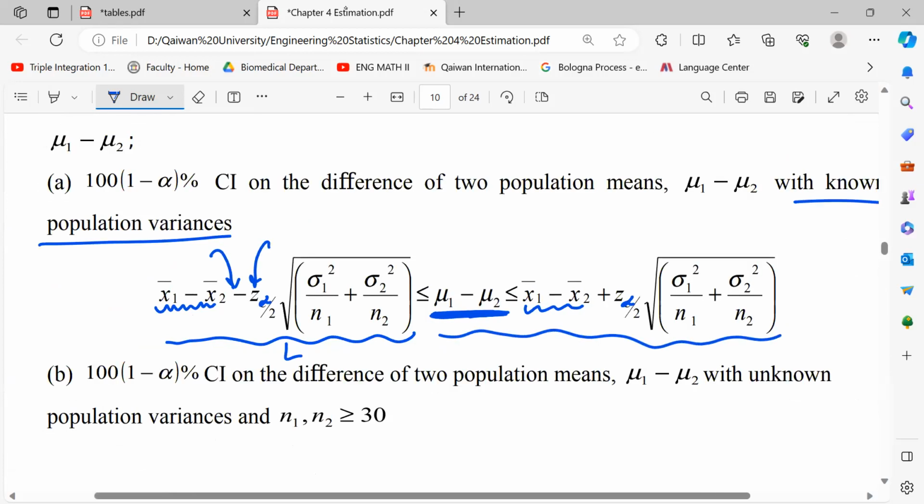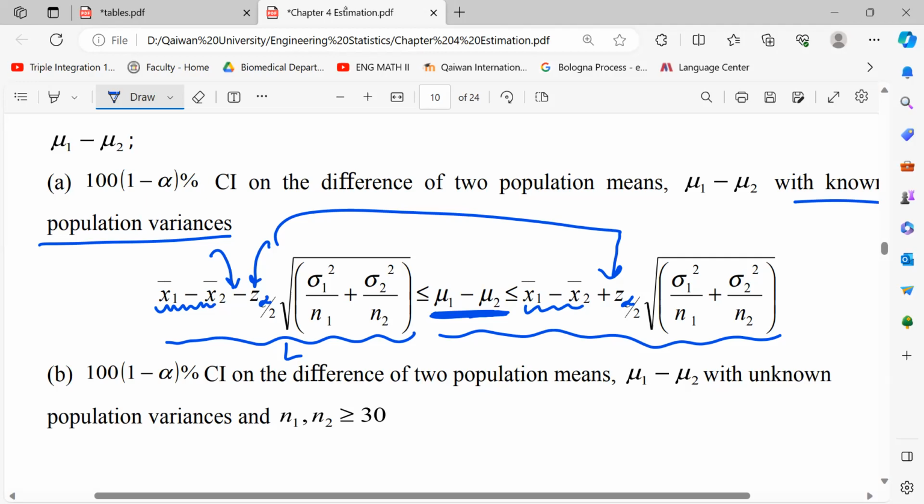In all of these rules, if we just know one of the sides, the other side is similar. The difference between left and right hand side is only a negative sign. Okay? This negative sign becomes positive. That's it. It's the rule for the confidence interval of the difference of two population means if the variance is